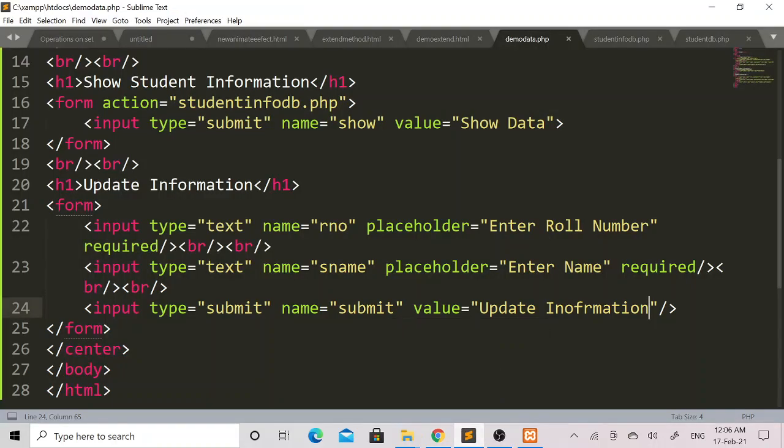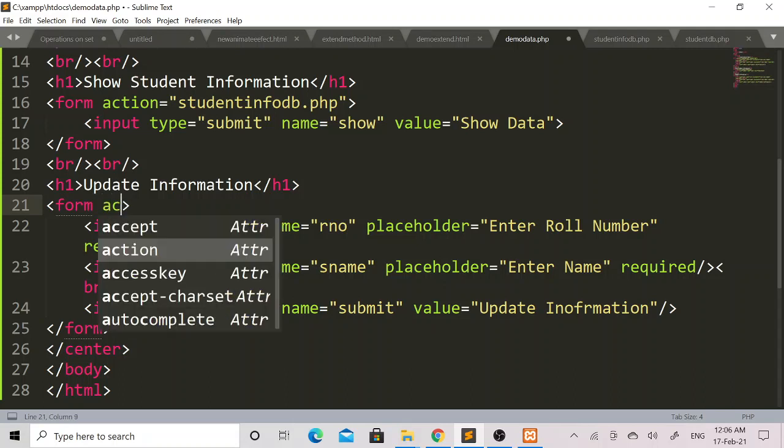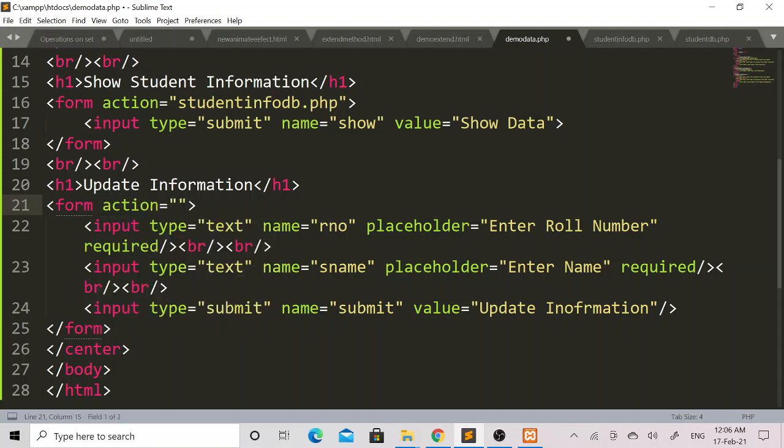For that purpose, within this form tag, I will add another action attribute. In this action attribute, I will mention update student db.php.